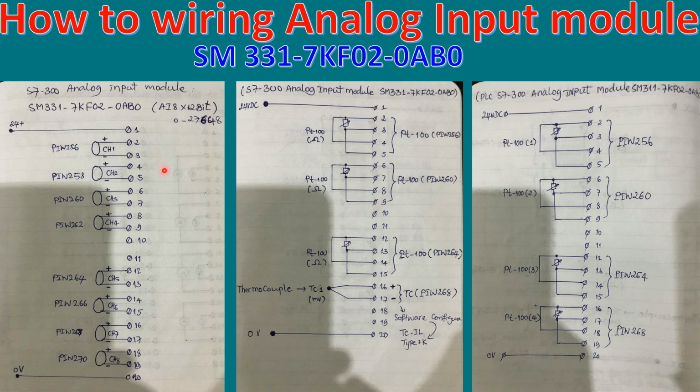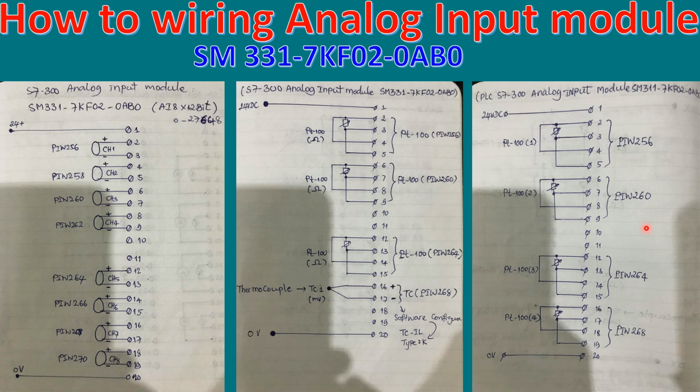Okay, so this is different. We can use current or volt input with 8 channels, but if we use RTD or TC directly, we can use only 4 channels. Okay, and this one is similar to option number 2. We can use RTD for all channels, so we can use only 4 channels also. Okay,